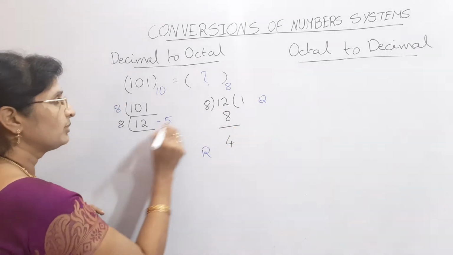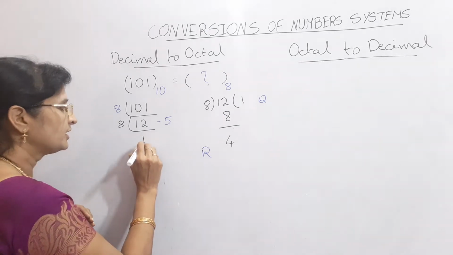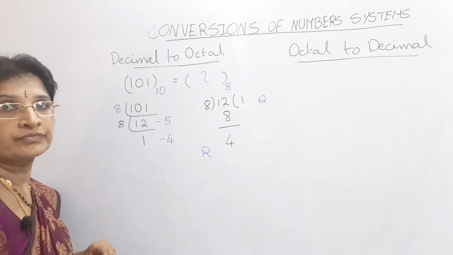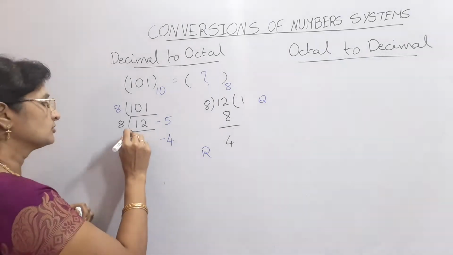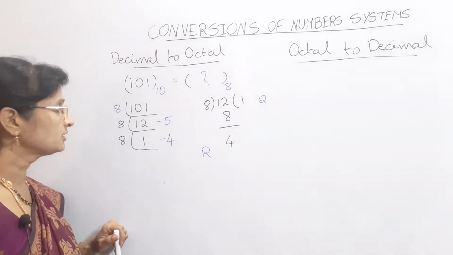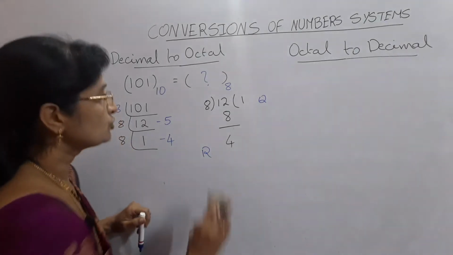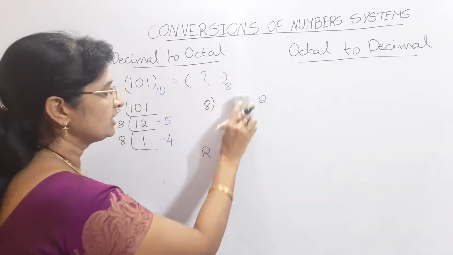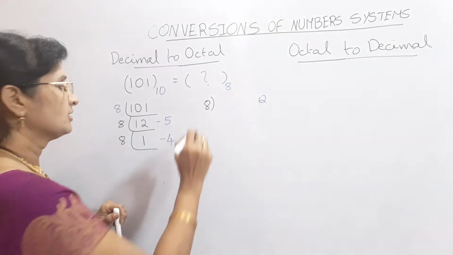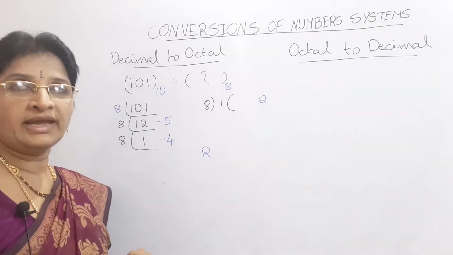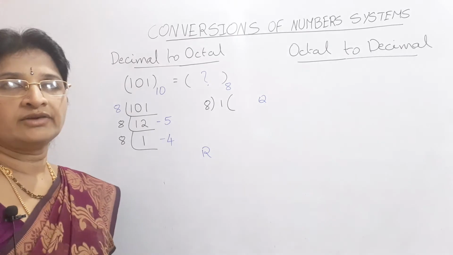So now again place the value of the coefficient here and the remainder value 4 here. Again this process continues. Again you have to divide 1 by 8. Generally students will make a mistake here. That's why this is very important in the case of integer division. Even though 1 is not divisible by 8, it should be divided by 8.